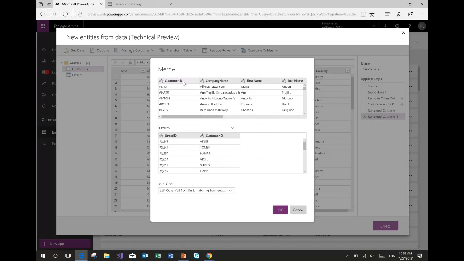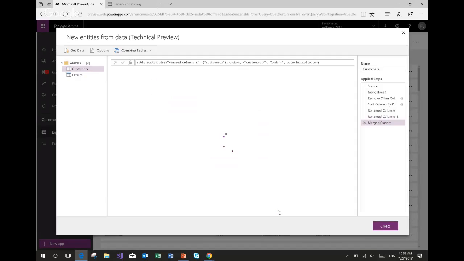We're going to merge by customer ID, and we're going to do a left outer join. So we'll basically keep all of the rows from the customers table, and we'll only bring the matching rows from the other table. I get a warning here about combining data across multiple data sources, which I'm okay with. So I'm clicking continue to allow that operation.